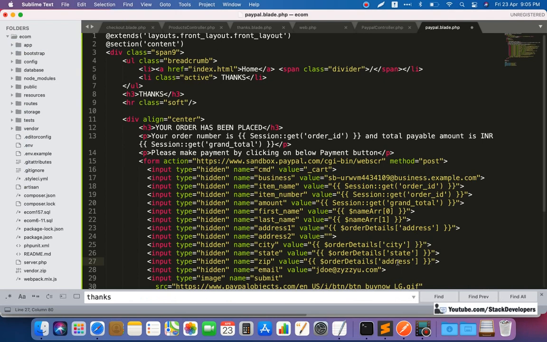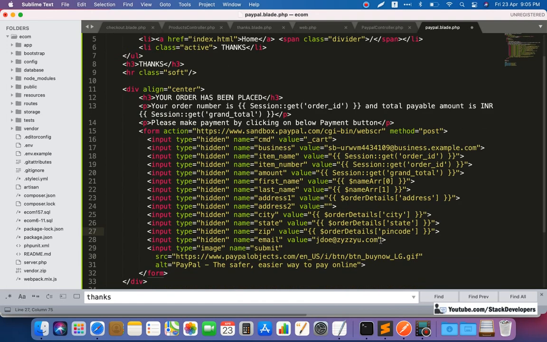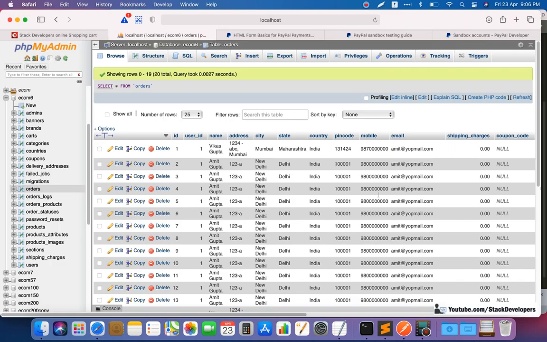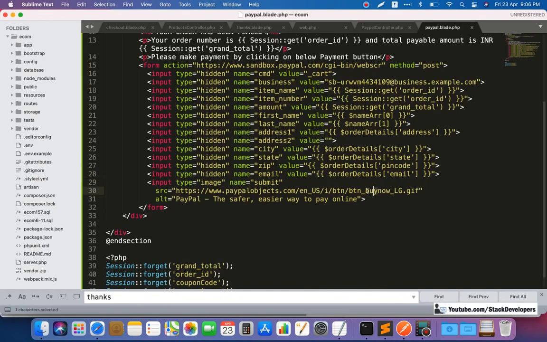So the field name is pin code, and after that for email we are going to give the user email here. You can see the buy now button here, but we require a pay now button. We are going to change it to pay now. Buy now will also work, that I know in PayPal, but just to make it pay now.